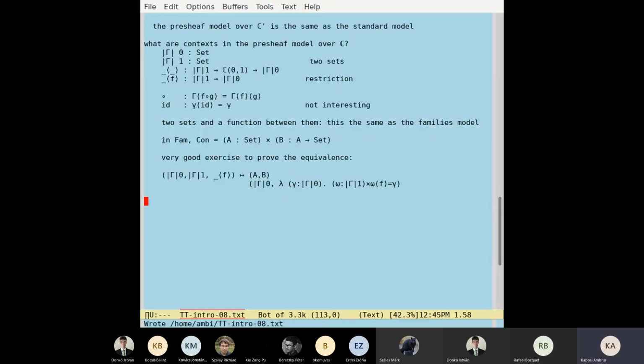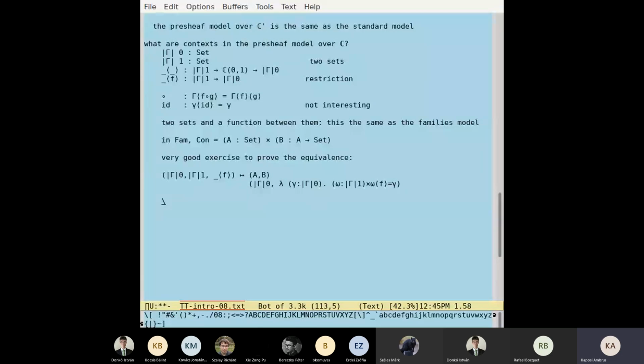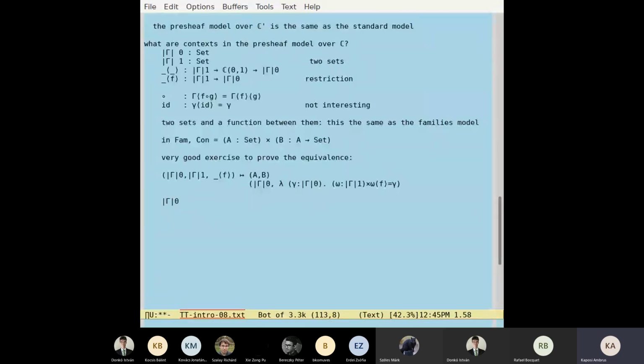Okay. So let me do some drawing. So here I have the set gamma 0, and I have a set gamma 1, and then I have a function from gamma 1 to gamma 0, right, which is called